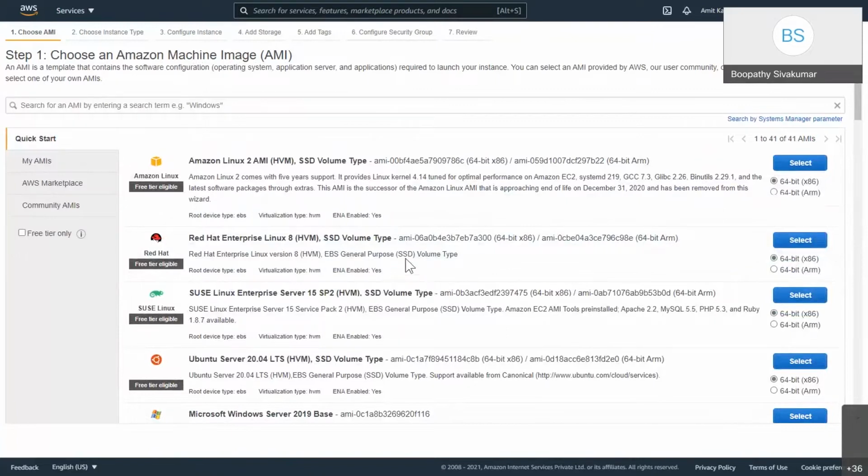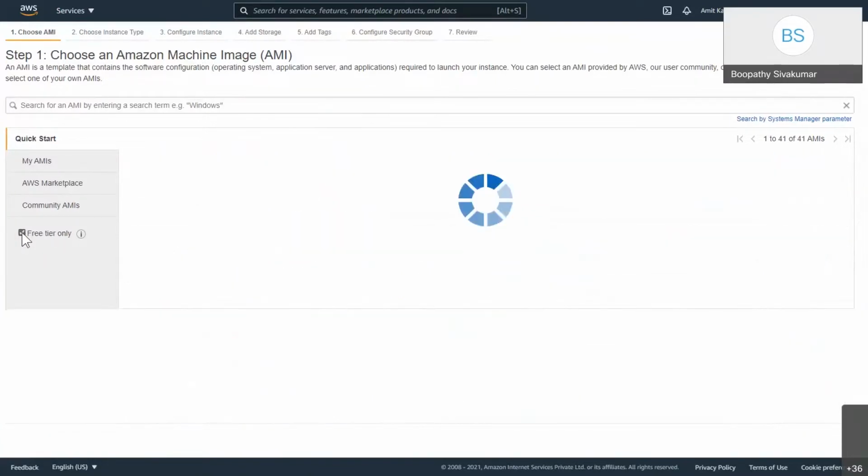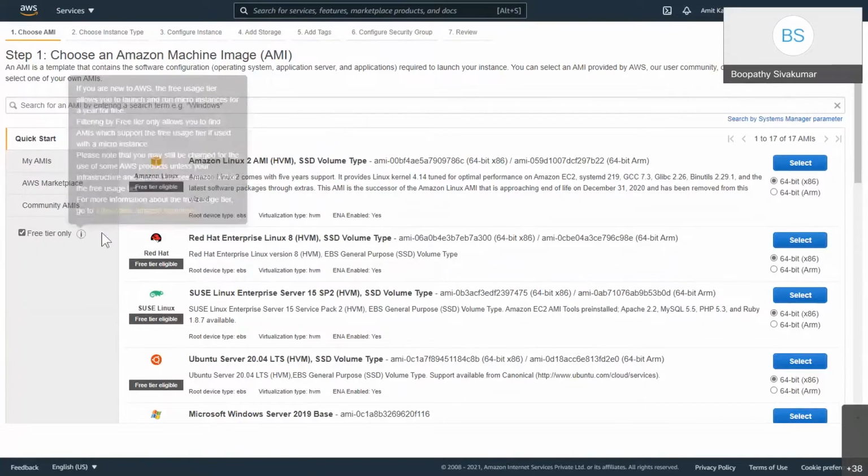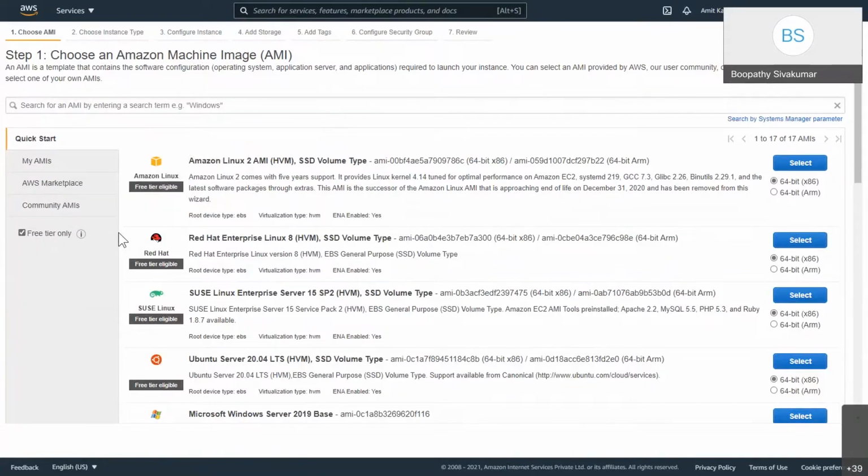And as we were discussing, you could see free tier eligible. If you are using the free account, you need to choose an AMI which is free tier eligible. There will be some images that do not come under the free tier.